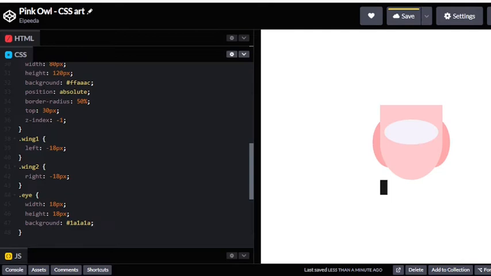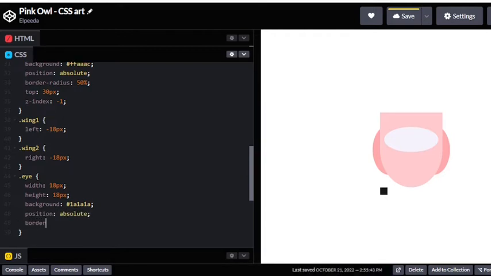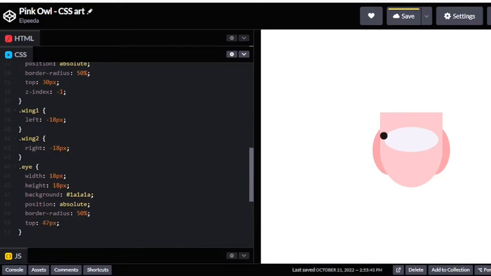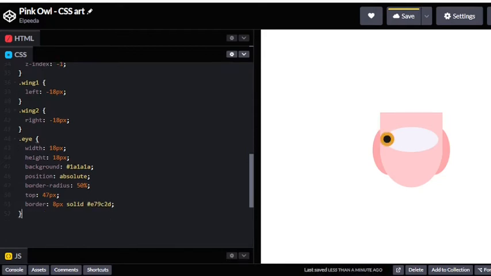Give it a background of black and next give it its position with border radius 50%. It's going to be round in shape, and with the top property we are giving it a position from the top. Give it a border, 8 pixel solid brown color. It looks like a button, but it is going to look like an eye very soon with